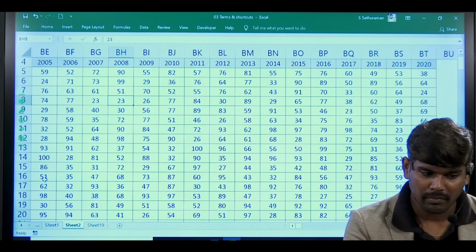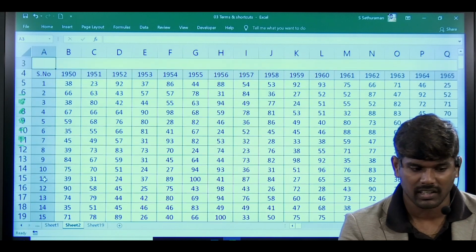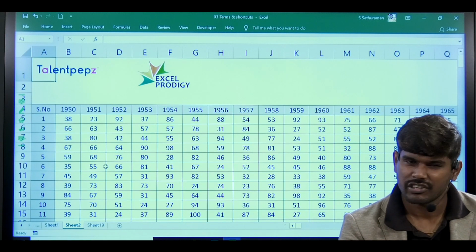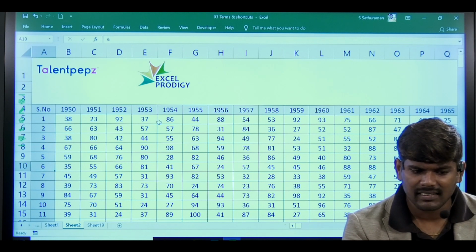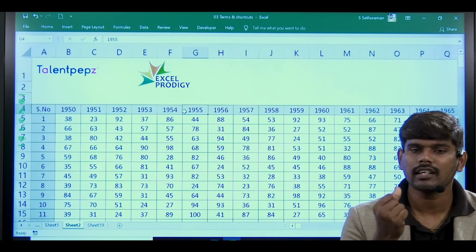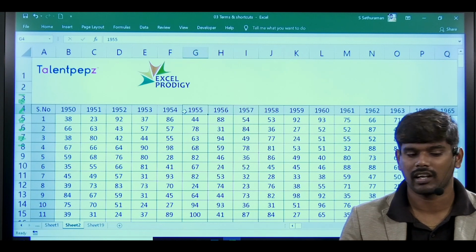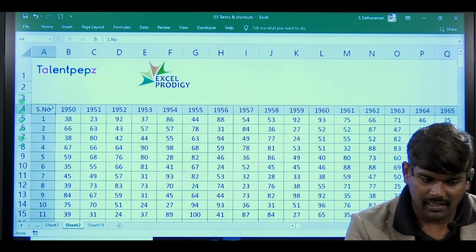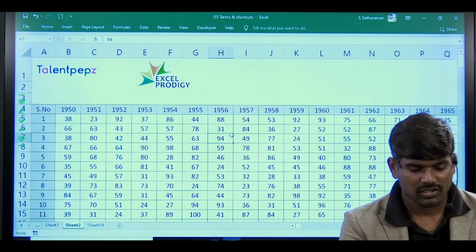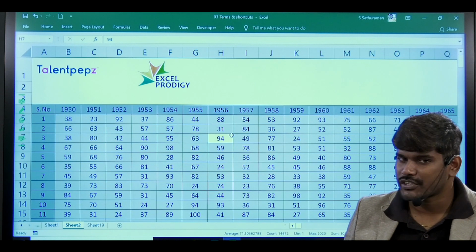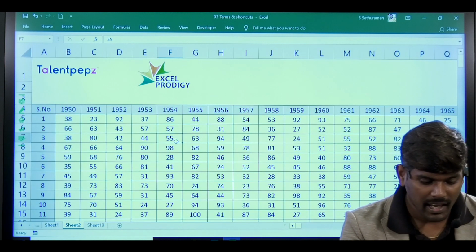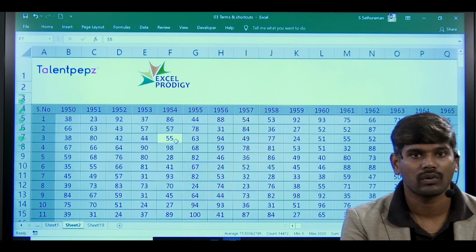And then again, I am trying to finish this with the next shortcut key, which is for a question, right? I have blank cells in the data. Still, in a single go, I have to select everything. For that, click on any single cell inside the data. Just press Control A, it will select. Understood? Press Control A, it will select that particular data.